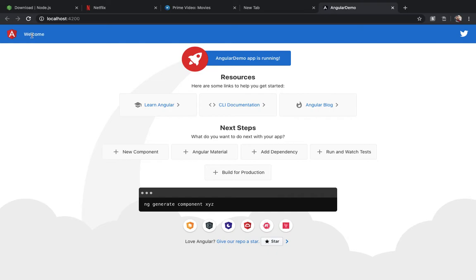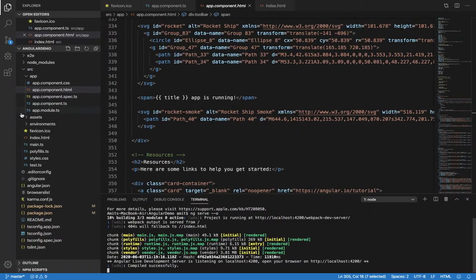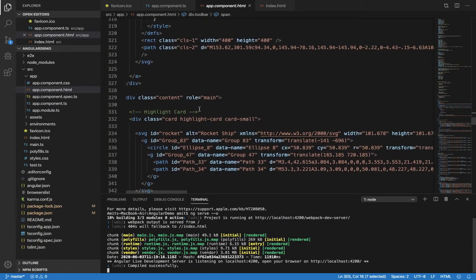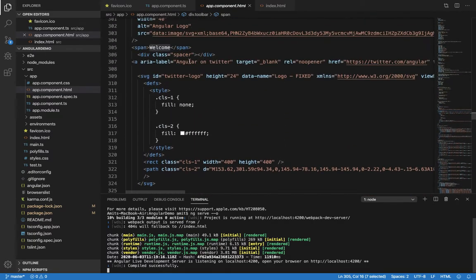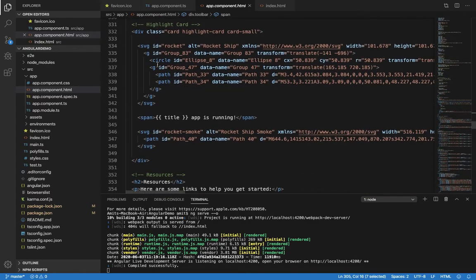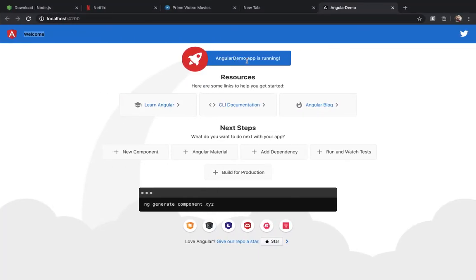Okay, so this is the welcome message which is going to be displayed over here, and we can see this welcome message is in the HTML file which is here, right? This is the welcome message, and here you can see this is the two-way binding, these angular braces. Here I am telling Angular to please bind the value of title over here, and "app is running" is the sentence that will be appended with this title. So in the browser you can see Angular demo app is running.